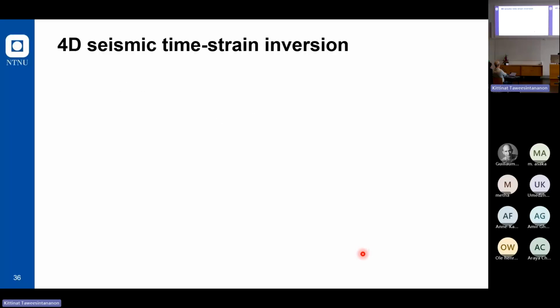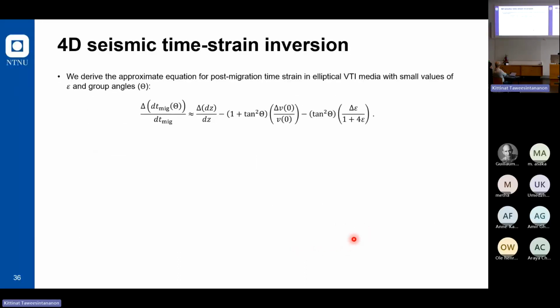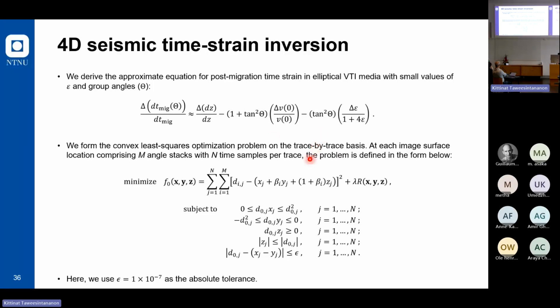The thing is complicated because you have a complicated term between angle and the epsilon value. So we need to further simplify, and I assume that we work for small anisotropic value, so we can simplify the equation into this form. And I still need to develop more methods to stabilize this approximation. But given this approximation equation, we see that we can form the convex least squares optimization problem